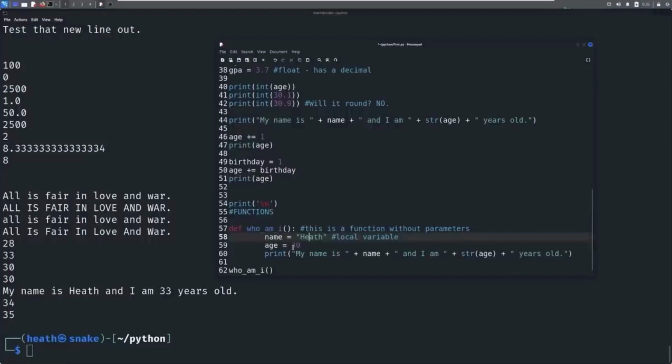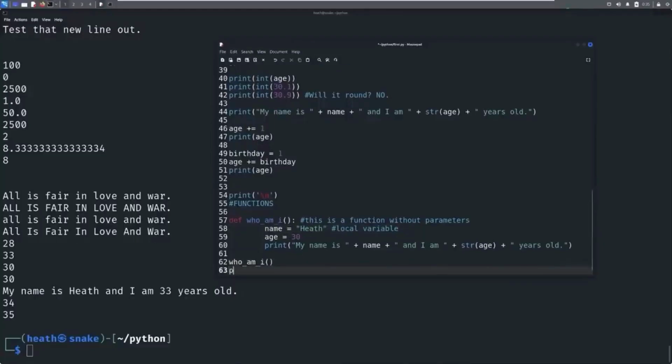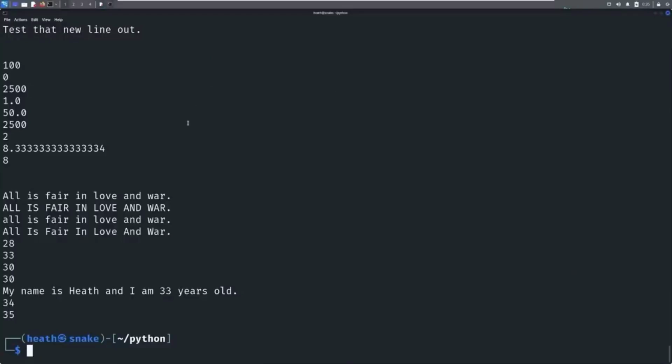Well, whatever is stored in here is only stored within the function. That's why this is a local variable. If we print age as well, we'll see that. So we know that age was 35. We called age over here as 30, and let's see what happens. First of all,